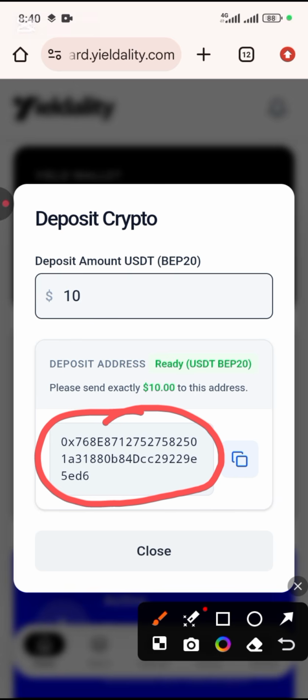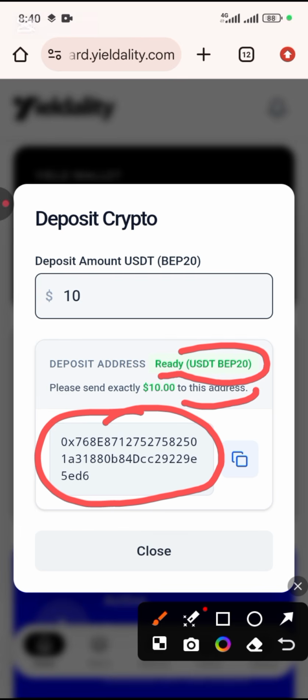As you can see, they say deposit address ready, please use USDT BEP20. Please send exactly $10 to this address because I typed $10.